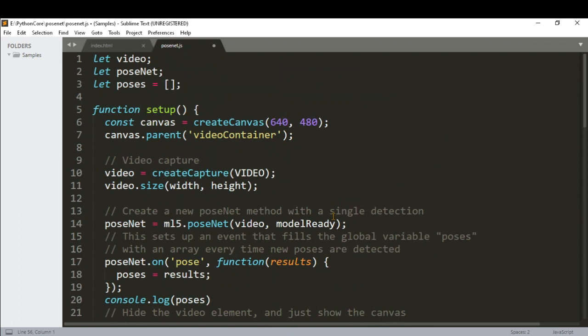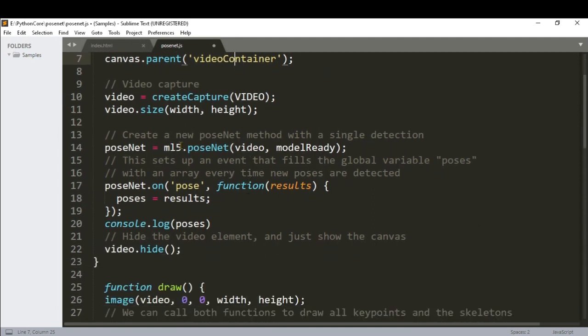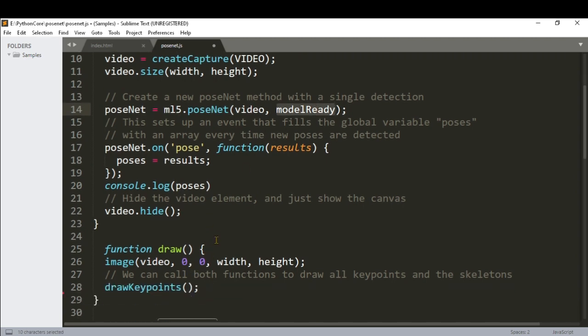So in the posenet.js, what you would do is you would capture the video. You first create a canvas and then capture the video of this particular size, 640 by 480. You can change this. Then we create the PoseNet model, the PoseNet method with a single detection. So you'll pass your video, and this model ready is your function.